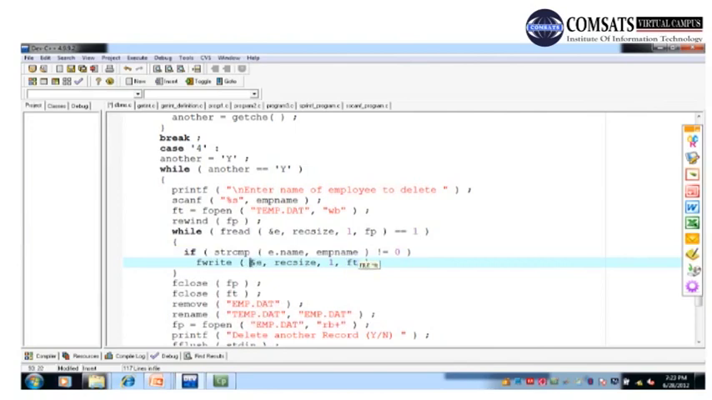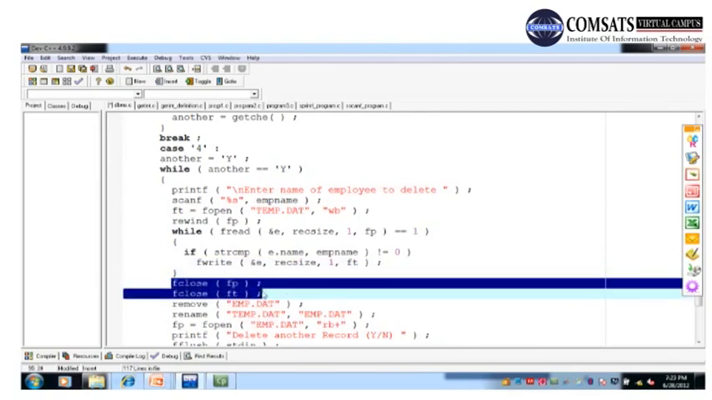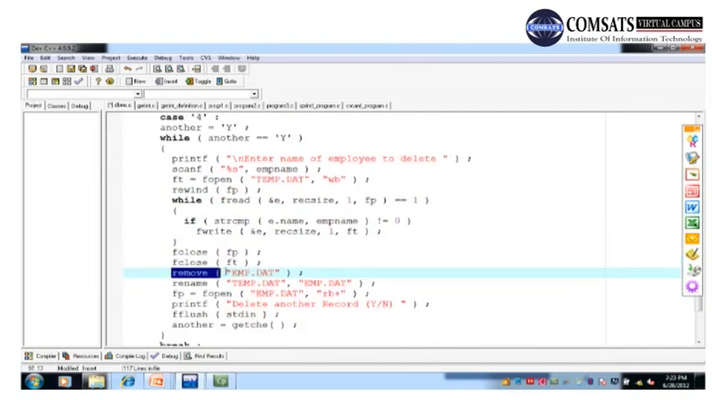So it reads the record from this memory address. This is the number of bytes it has to read, this is the number of blocks it has to read, and each block is composed of rec size bytes, and where to write, it has to write at ft. And then it closes the two files. After closing both files, we have to remove the original file because we have created a copy of the original file in the temporary file except the record that we want to delete, and then we rename that file. You renamed temp.dat to emp.dat,